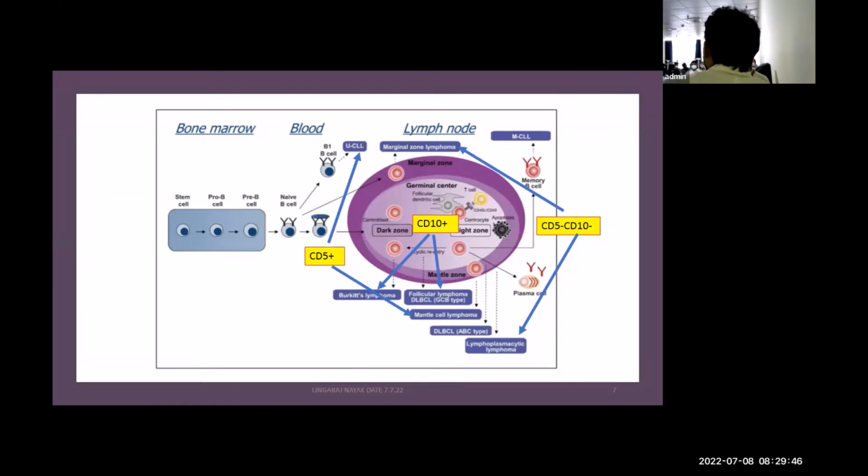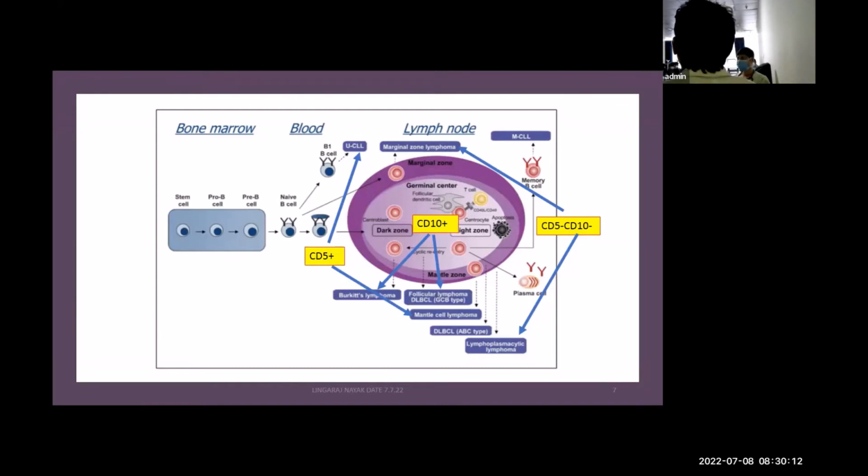So they undergo apoptosis. Now these centroblasts which have high affinity to bind to the antigen go to the light zone. So they convert into centrocytes, and those centrocytes are again selected by two different cells, called T cells and dendritic cells, and they get transformed into plasma cells. That's a mechanism called class switch recombination. The selection is so huge that a very small number of cells are actually selected.